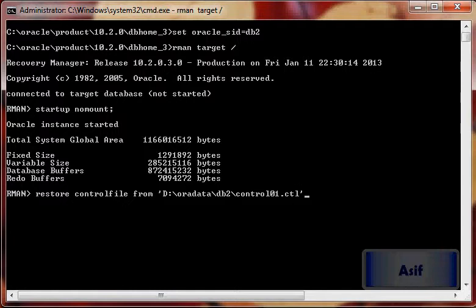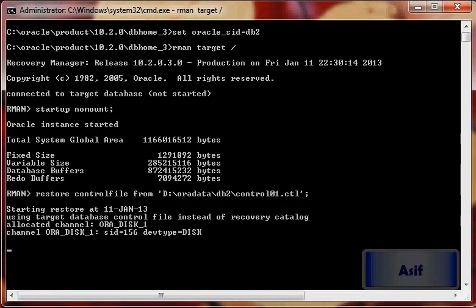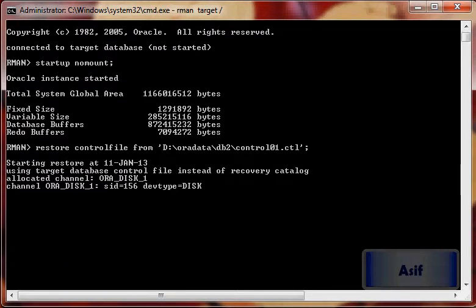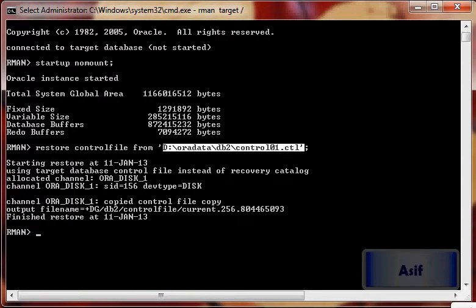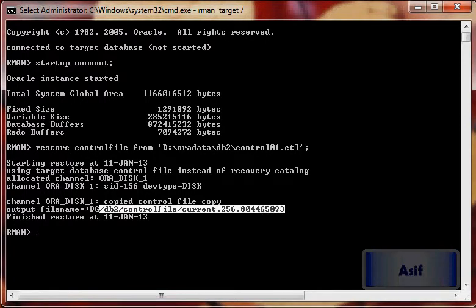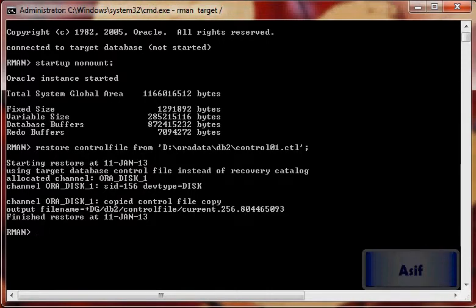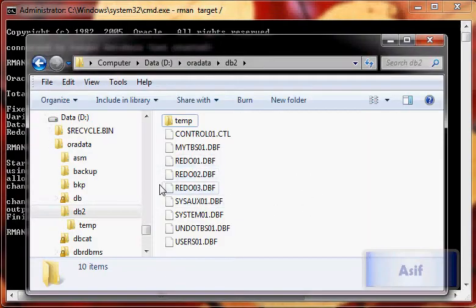Enter. So you can see that this control file has been restored in the disk group, which is DG. Our new folder is created and this is the location. So I will just add this location into my parameter file of db2.